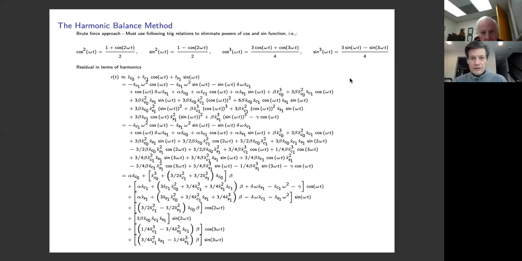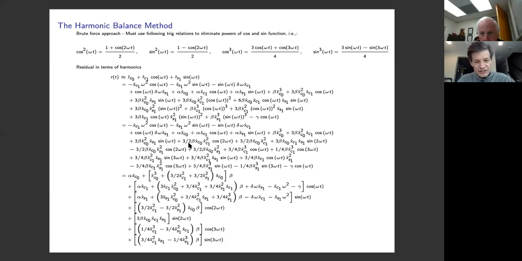Yeah, that's better. So what we end up with here, I'll go over this quickly. The first line here basically was what I showed on the previous chart, when you had everything in terms of cosine squared and cosine cubed terms and so forth. And then the second equality here is when I've made the substitution of these trig relations back into the residual. But as you can see, it's still very complex. But if you then go through and